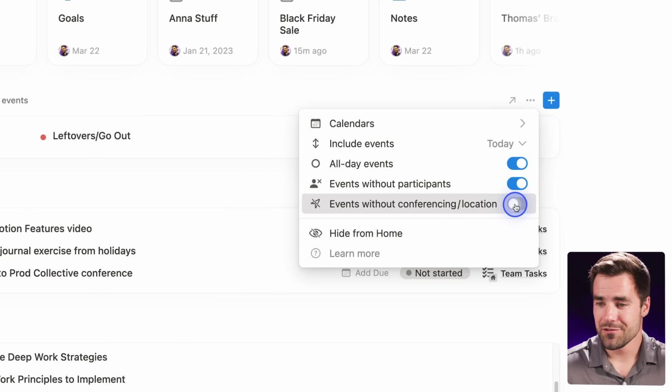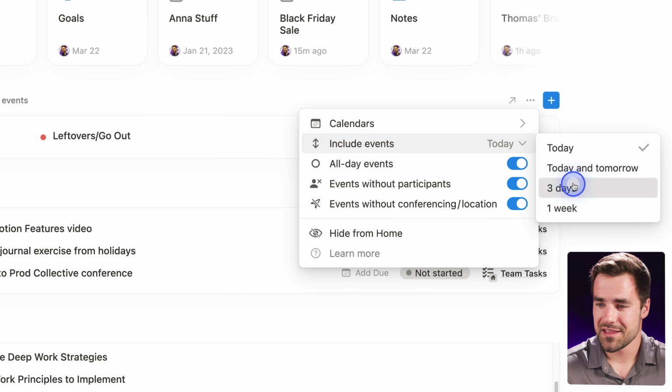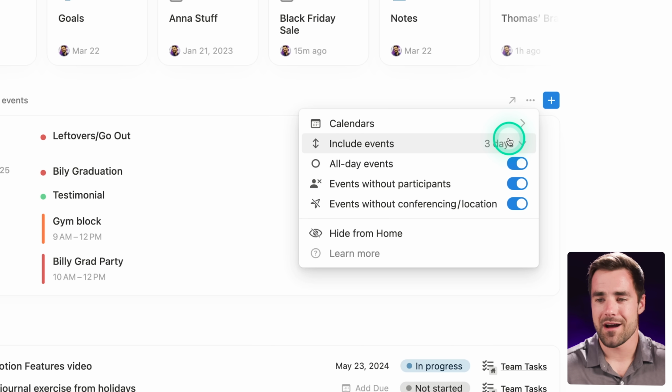I want to see everything though, so I'm going to go ahead and turn those back on, and I'm going to set this back to 3 days so I get my default layout. Now I can see all my calendar events. And of course, if I didn't want to see this section at all, I could hide it from Home right